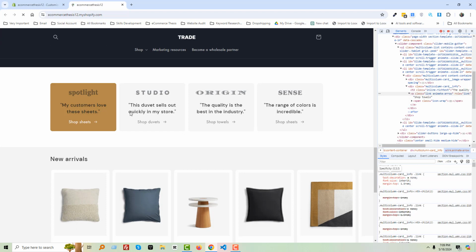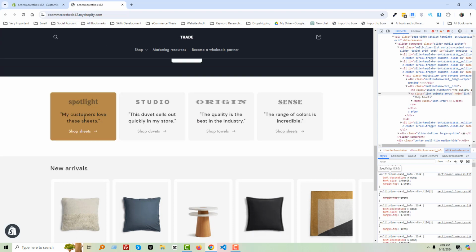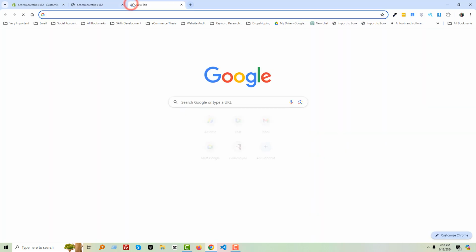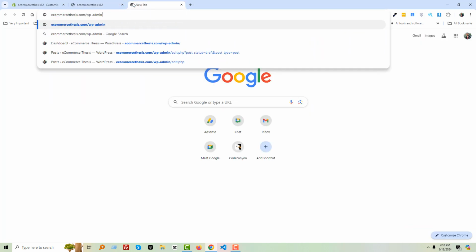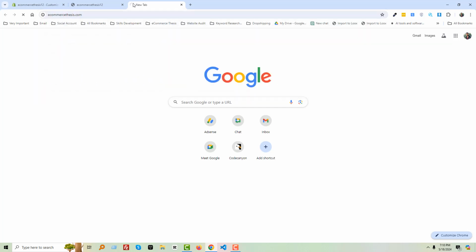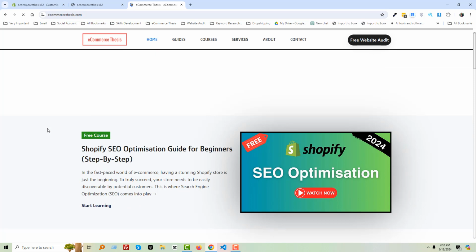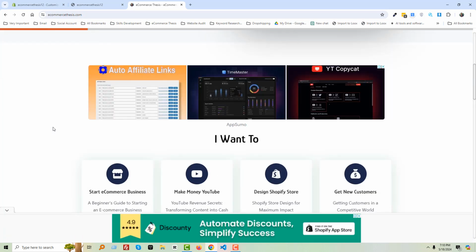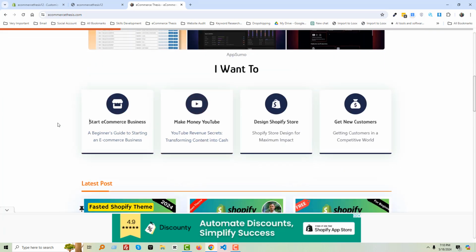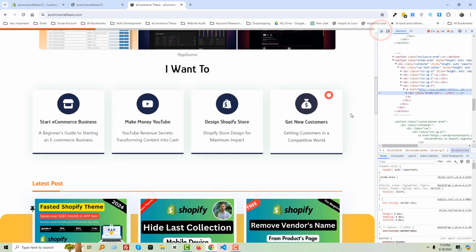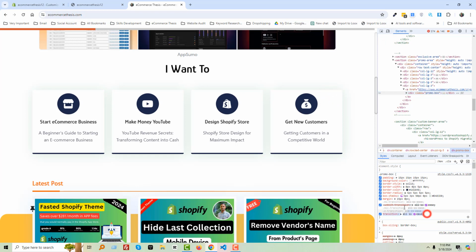Now reload. It's much better than before. Also we can add animation effect in here. So I'm going to my e-commerce thesis website and simply copy a simple code that I have implemented on my e-commerce thesis website. Look here, scroll down, transition,